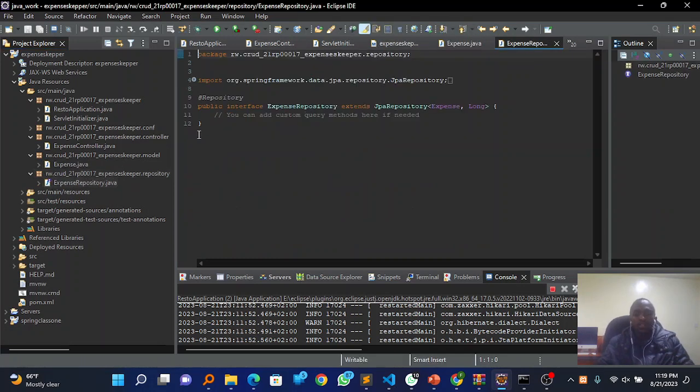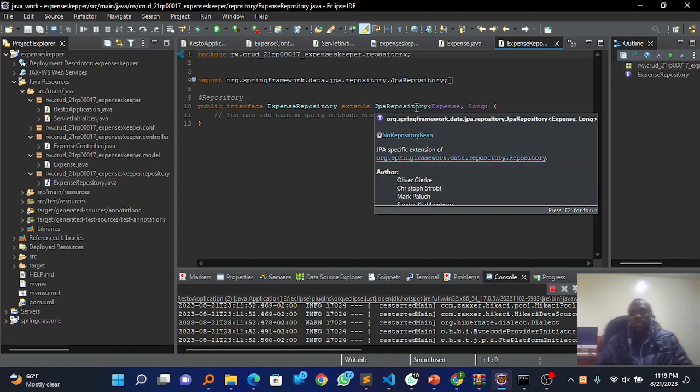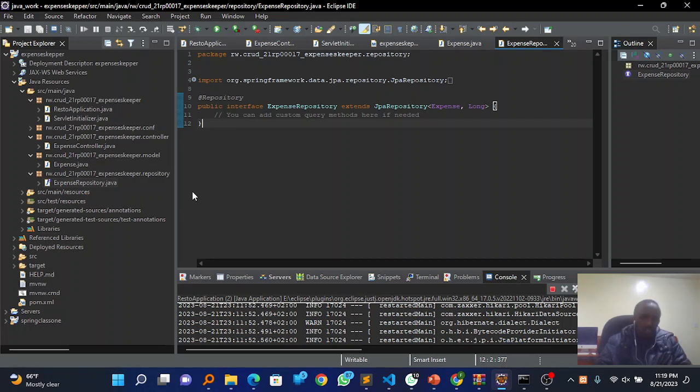There is an expense repository which extends JPA repository just to include all the functions used to access the database, including find all, create, select, and even delete, and also others. As we completed this section of the classes that will be controlling our entire website, let's move on to the user